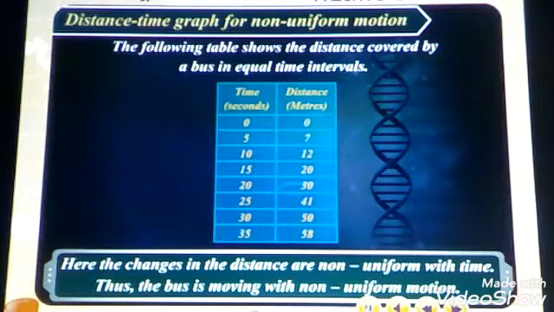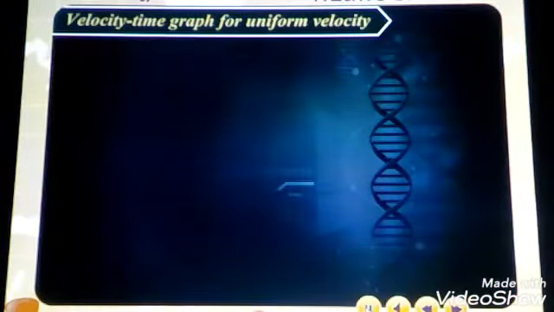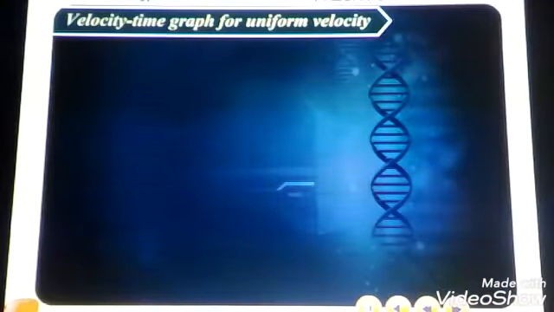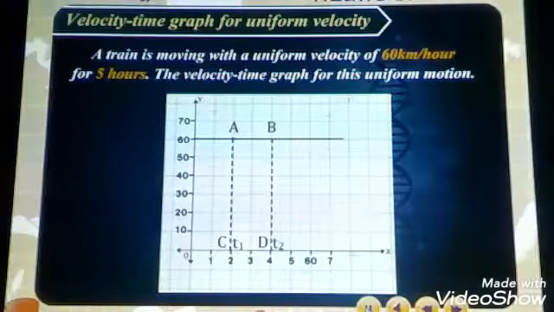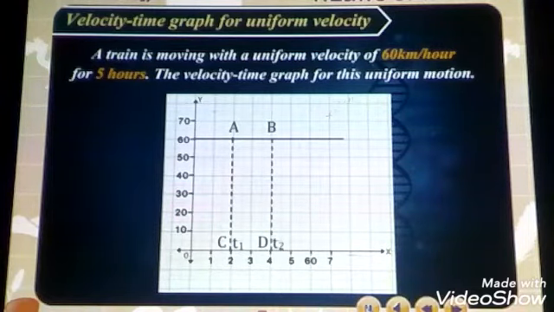Here the changes in the distance are non-uniform with time, thus the bus is moving with non-uniform motion, and in this case the straight line would not be available but it will be of any shape. A train is moving with a uniform velocity of 60 km per hour for 5 hours. The velocity-time graph for this uniform motion: